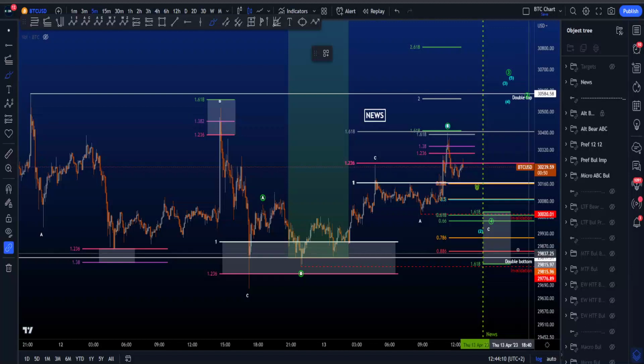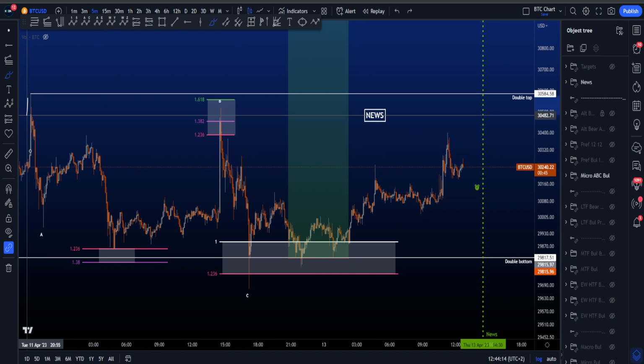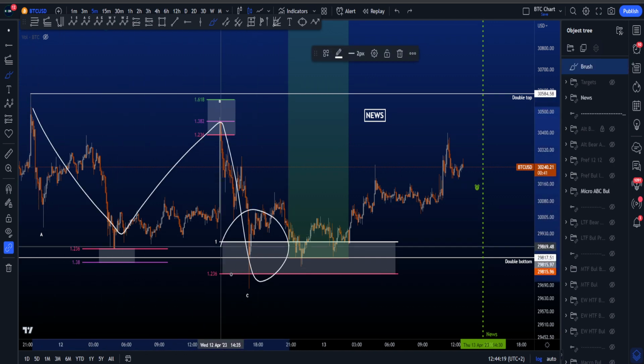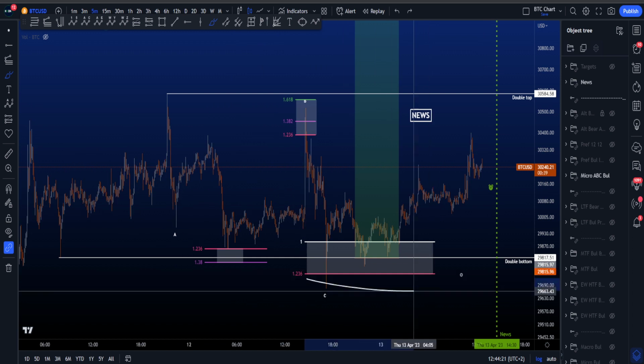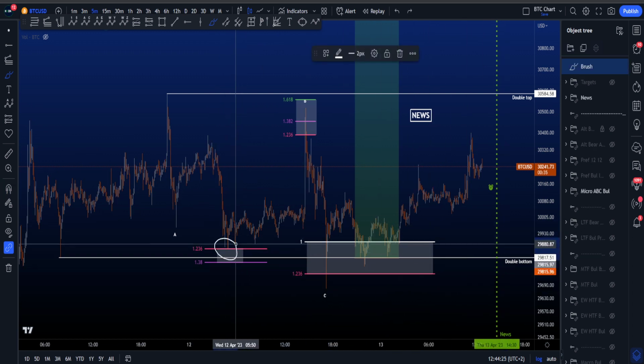Hi everyone, let's focus on my preferred and alternative micro scenario. Starting with my preferred micro scenario, which was an ABC over here. One can also make this a WXY, but the target area doesn't really change. And the target area over here had nice confluence with the double bottom made from the low over here and